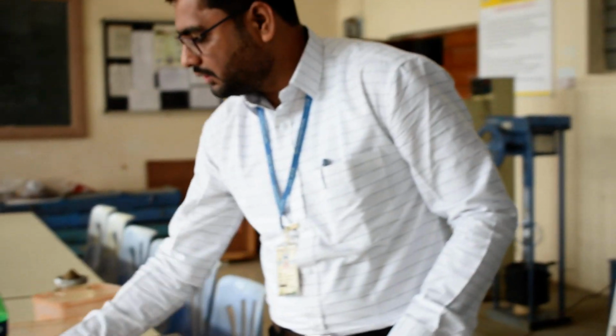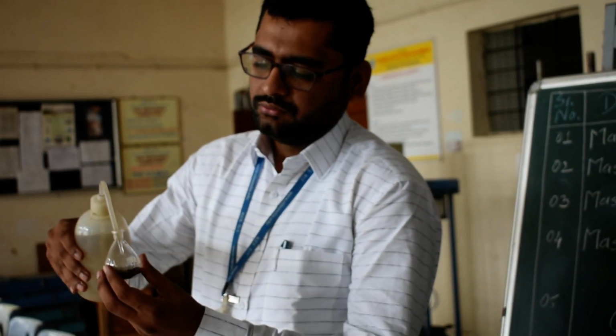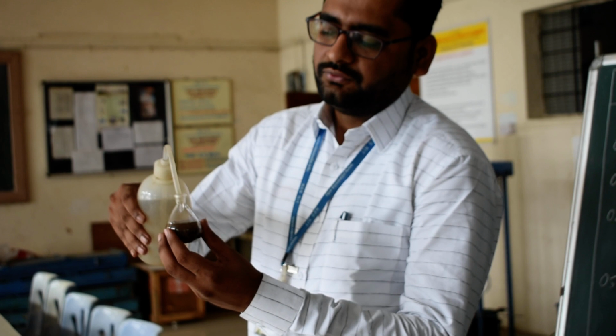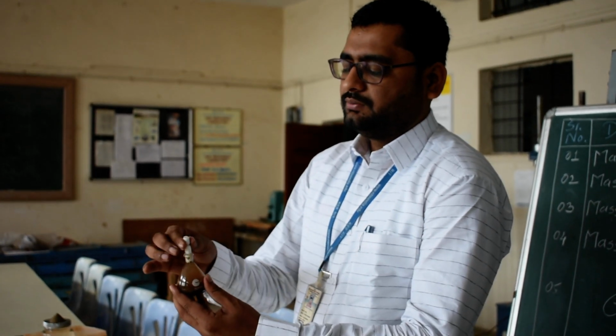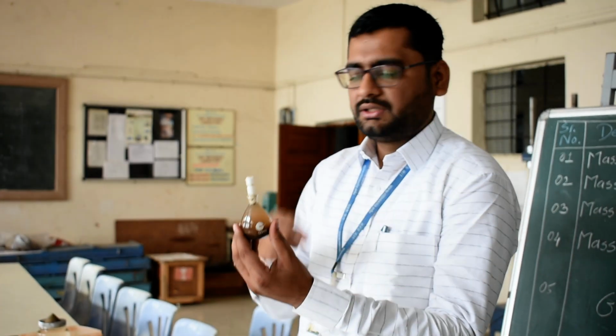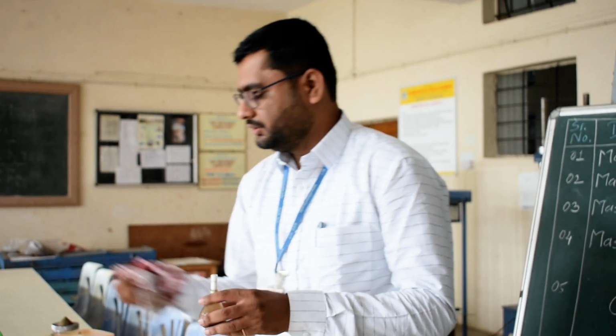Now again what we have to do, we have to pour the water using this particular bottle into the density bottle like this. And you have to make it full. Okay. And then you have to place this cap so that there should not be any air voids present inside this particular bottle. Now you can see there is no air voids present inside the bottle. So I will just make it dry.